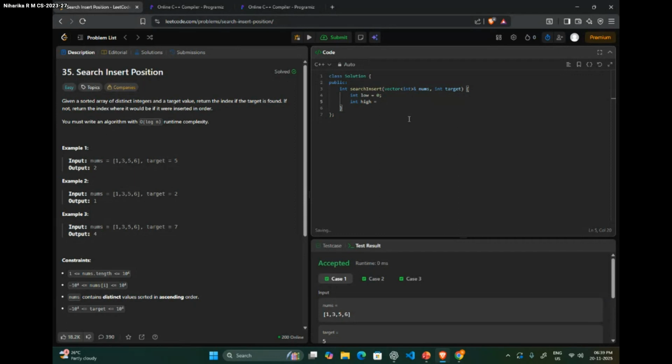We can use the function called nums.size(). nums is our array name. So high is always size minus 1, so it's nums.size() minus 1 again. While low is less than or equal to high. What are we doing here? We are checking that low is less than or equal to high, so we make sure that there's at least one element present in the array. And now we need to find the mid element,